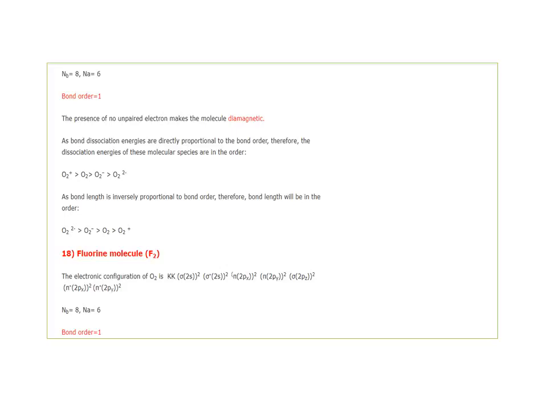Last example, for the fluorine molecule. Again you have to draw the energy level diagram by yourself because you have done a lot of practice. In the F2 molecule bond order is 1.